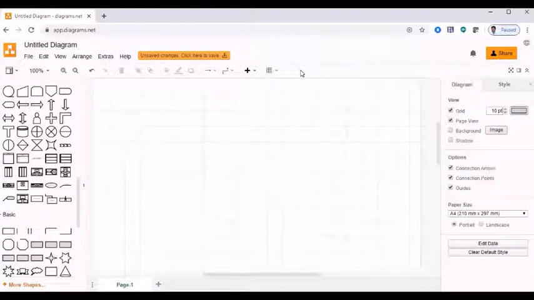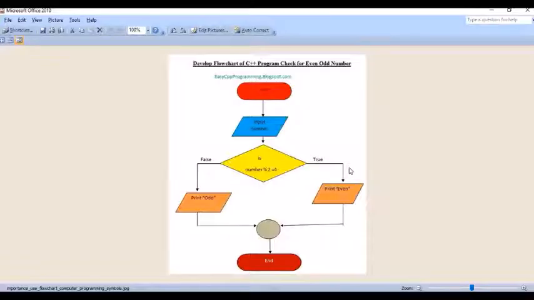For the demonstration purpose, I have chosen a symbol flow chart to check whether a number is an odd number or even number. How we are going to draw this using draw.io, that is what we are going to see in this demonstration.